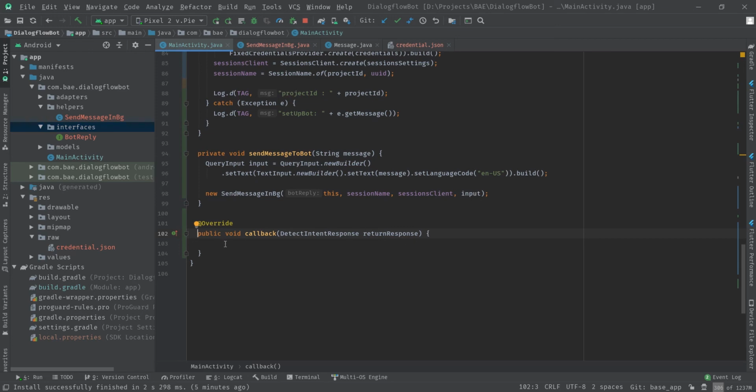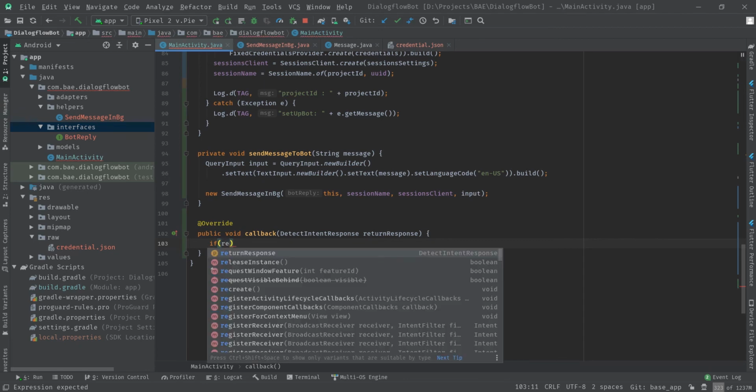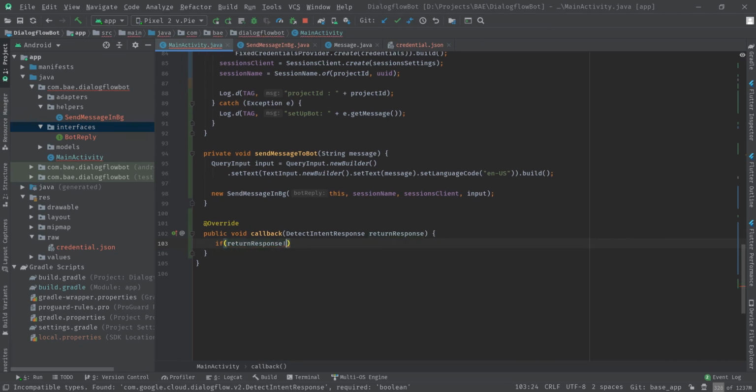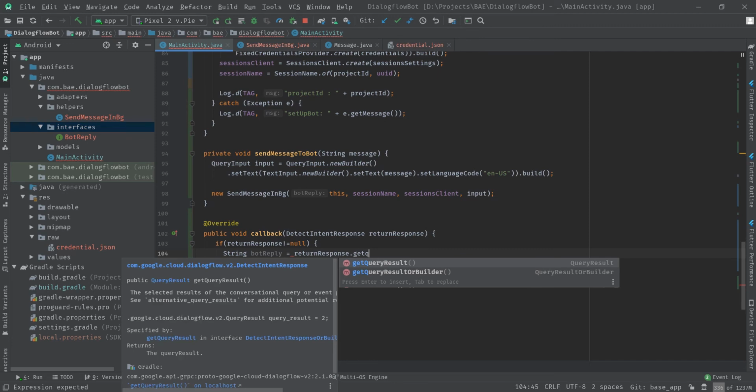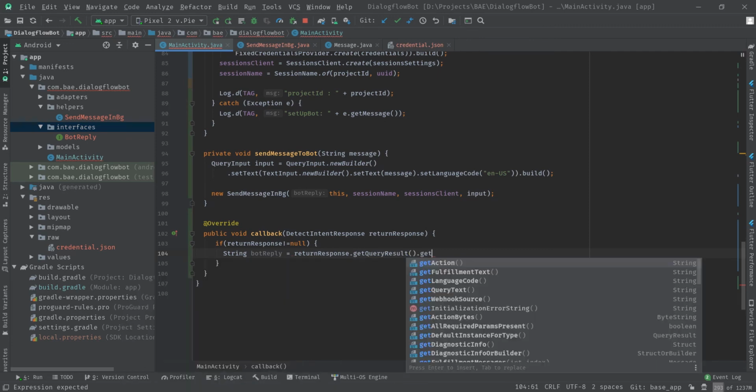So what we have to do here, first thing first, is we have to check whether the return response is not equal to null. And I'm creating a string called bot reply: return response dot get query result dot get fulfillment text.